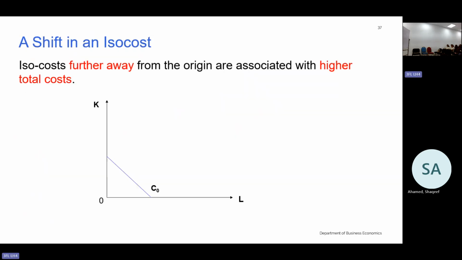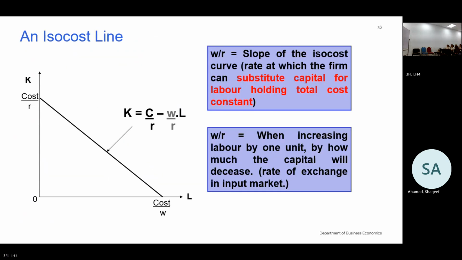Before talking about the slope, now we are going to talk about how this ISO cost curve can be shifted or rotated. Now you all know this, the 10, 20 ISO cost curve. Now this is the first scenario. The second scenario is now